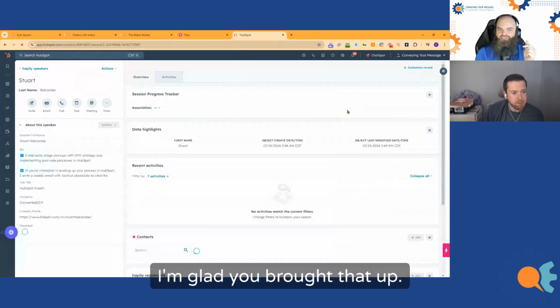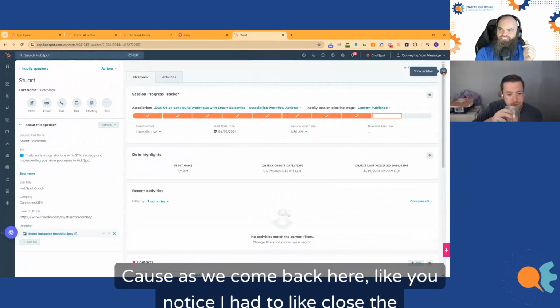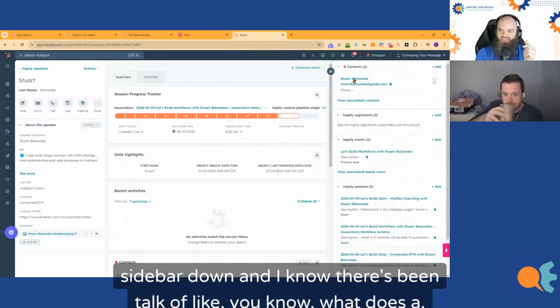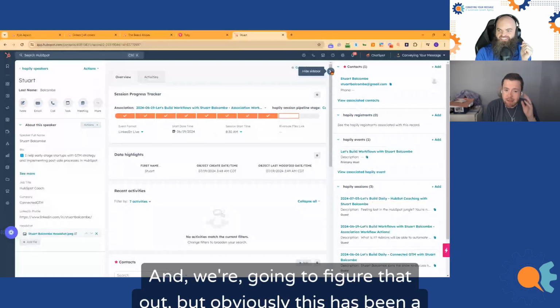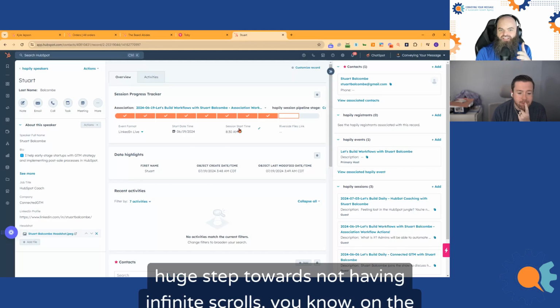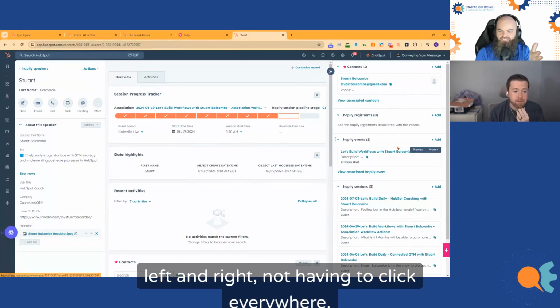I'm glad you brought that up because as we come back here, you notice I had to close the sidebar down. And I know there's been talk of what a 2 column world looks like on records, and we're going to figure that out. But this has been a huge step towards not having infinite scrolls on the left and right, and not having to click everywhere.